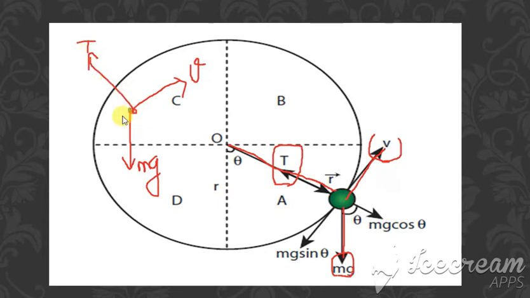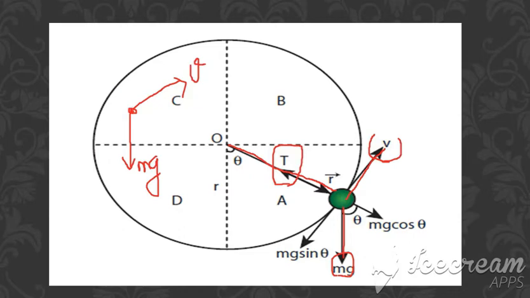Now what we are going to do is split this mg into two components: mg sin theta and mg cos theta. These are the components we are splitting. As we know already, whenever we are denoting with the help of a free body diagram, we will be using these terms in the derivation, is it not? Same way here also we are going to use these terms.